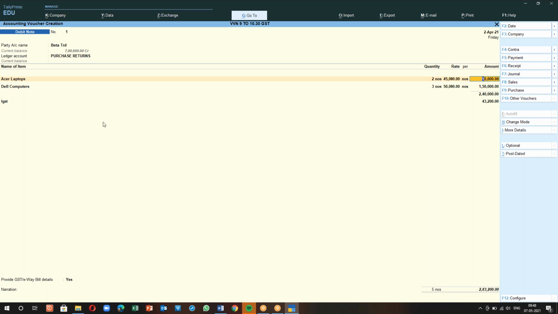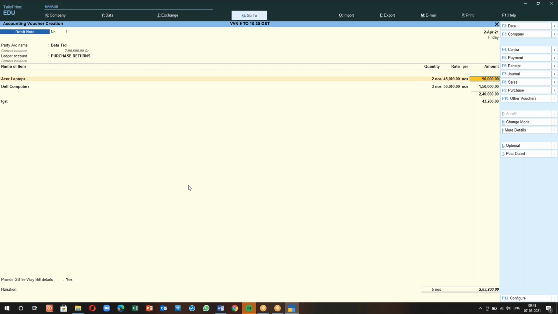Okay. Now, what exactly we are doing in the debit note voucher is that from the purchase voucher transaction, what we purchased, including the damaged goods, we have to minus it from the purchase voucher. So in order to minus the total amount or the stock that we have purchased, since we are returning it back, it has to be minus from the purchase voucher. That is why we are passing the debit note voucher exactly as a purchase voucher,